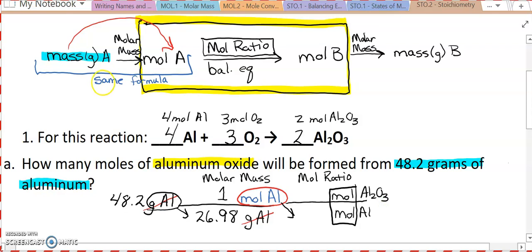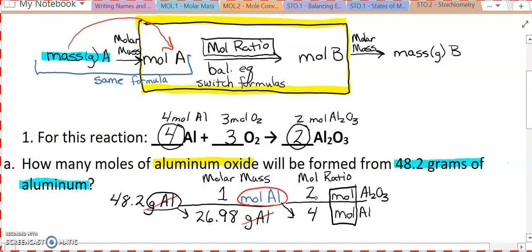So while I have the same formula for mass to moles, once I get to that mole ratio is where I am going to switch parts of my chemical reaction. So I'm going to switch formulas. I'm going to go from moles of aluminum to moles of aluminum oxide. And these numbers, of course, come from my balanced equation. So I'm going to take the 4 moles of aluminum, and I'm going to take the 2 moles of aluminum oxide,